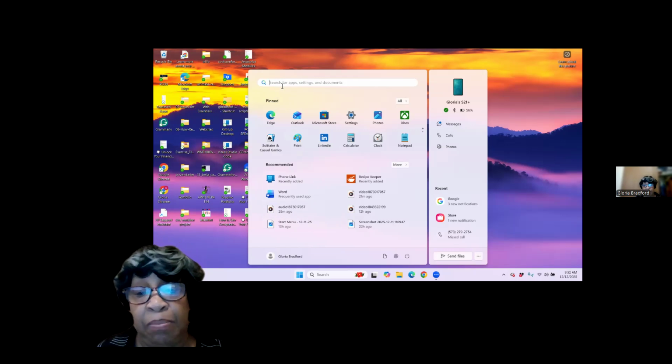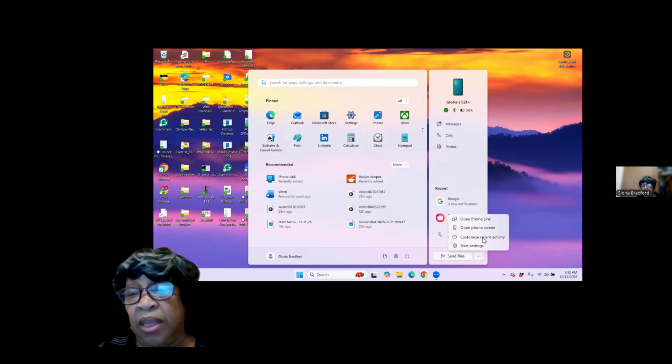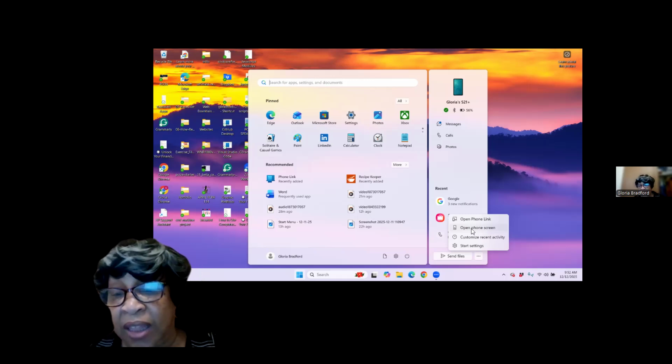But if you just leave it blank, you can open the recent up here. And then the recent over here is the other recent, which is in my phone view. So this is my list of recents in my phone view. And then I can also open up the phone link. I can open the phone screen. Oh, I didn't open the phone screen. And I think that's pretty